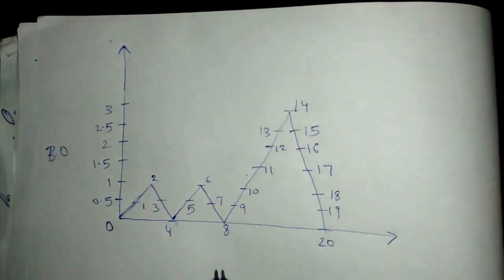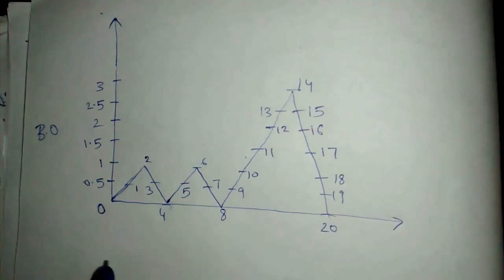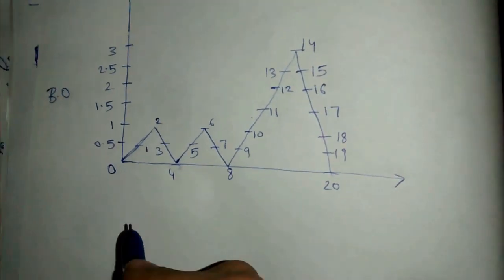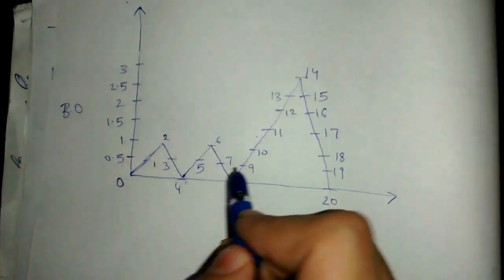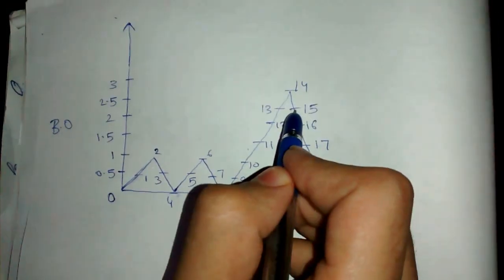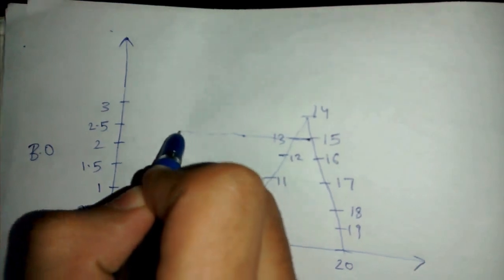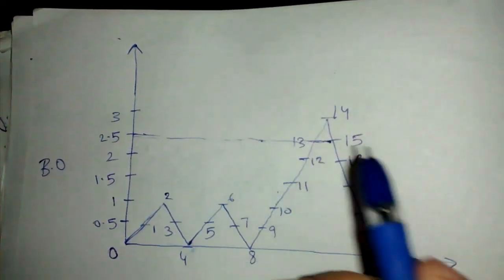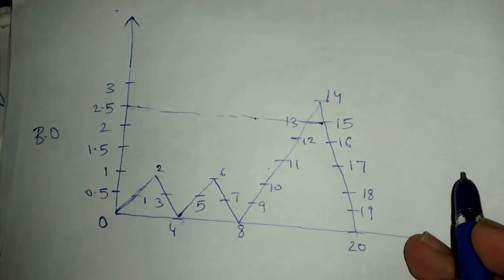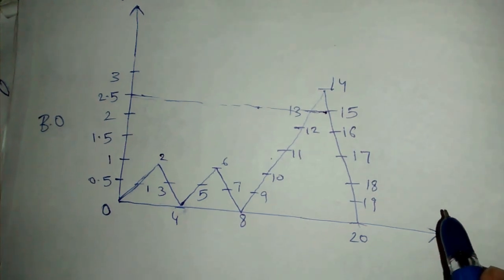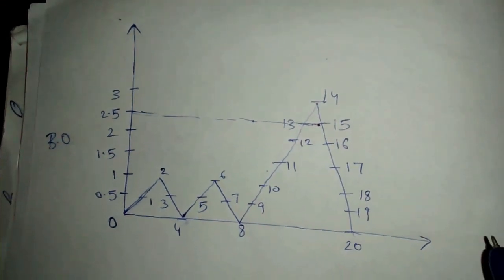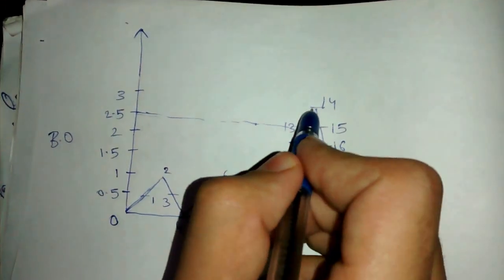So for example, we have to find it for NO. We saw that the total electrons are 15. So simply we'll look at the total electrons here. For 15 electrons, the bond order is 2.5, which is what we got in the previous question. And for CO, we had total electrons equal to 14, and for 14 we have the bond order as 3.